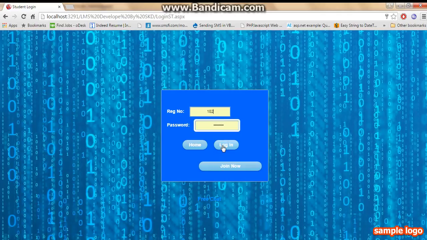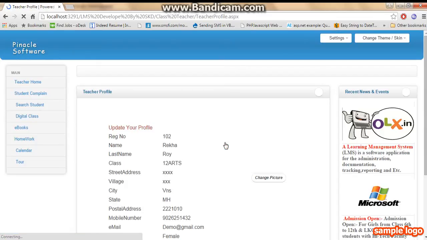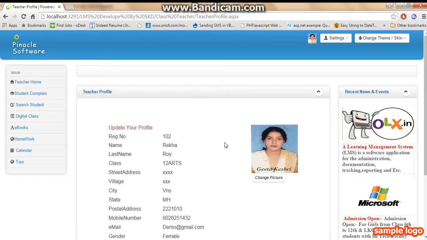Now let's move on to another panel, which is very important. It's the teacher panel. Everyone has the same login section, as you can see, and for the teacher we have given a registration number with our ID, 102, and the password has been mentioned. Just simply click on login and it will automatically assign the role and redirect to the teacher panel,